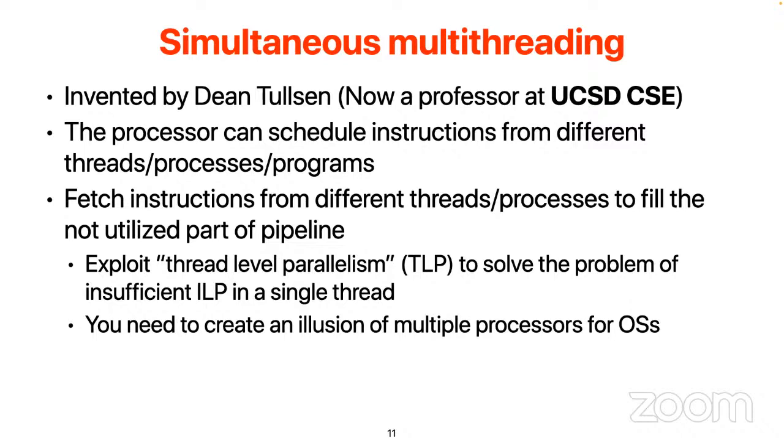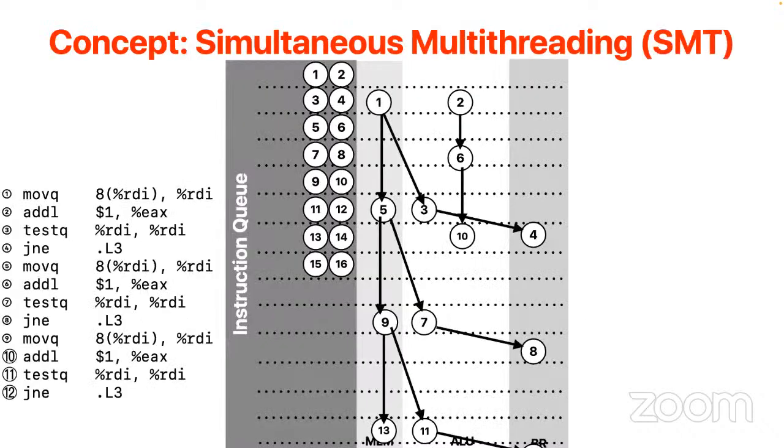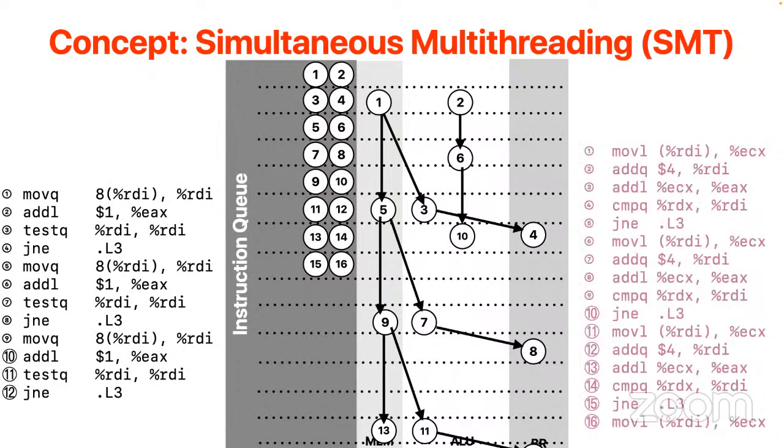So you are actually using a single processor to improve thread level parallelism. So here's the idea, right? That's the original execution flow. We see a lot of wasted slots, right? So what we are thinking is that we invite another program, which is the purple one on the right-hand side. We still give the original process higher priority. Like when we are using RIMAC, maybe we should give UCSD students higher priority, although most of the time I think we are giving students lower priority, right? Whenever there's a special event, you get kicked out. But anyway,